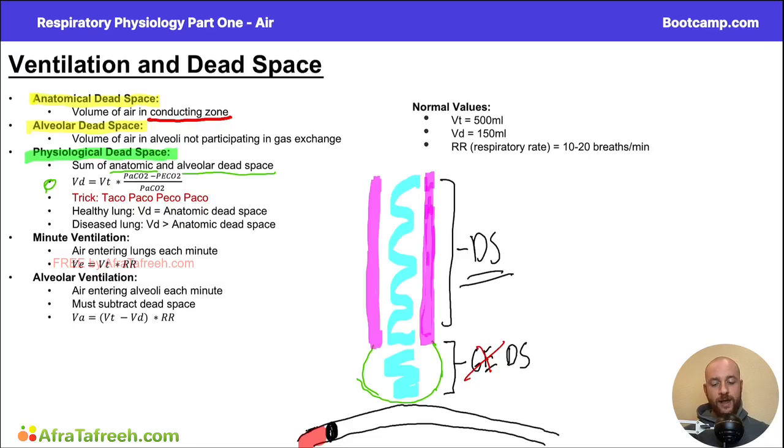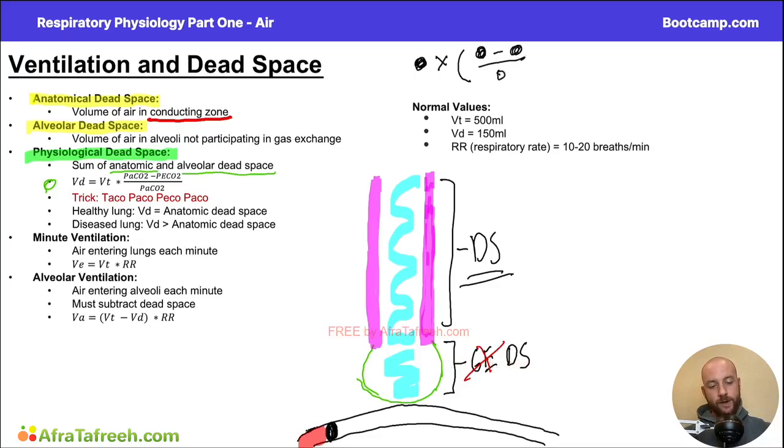In the numerator, we have the arterial partial pressure of CO2 minus the expired partial pressure of CO2, divided by, again, the arterial partial pressure of CO2. And so there's a trick that some students like to use to remember this equation. However, you still need to know the structure of the equation, which is a variable multiplied by a ratio, and in the numerator of the ratio is a subtraction